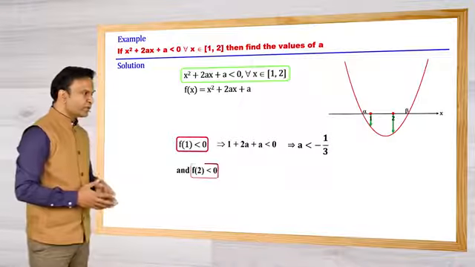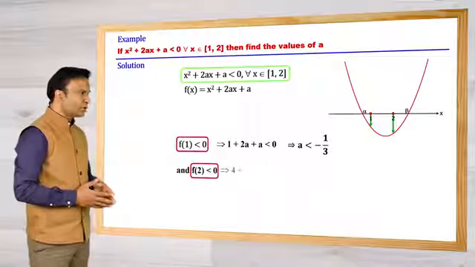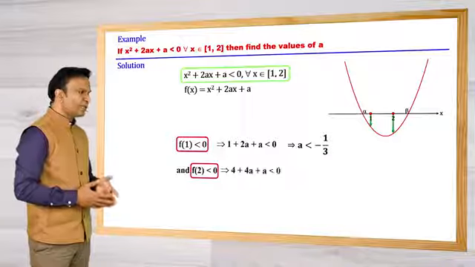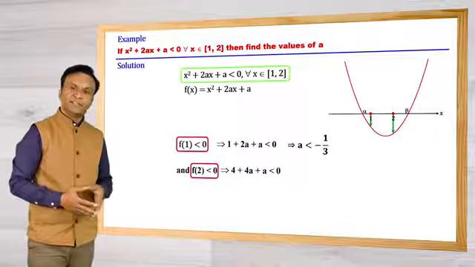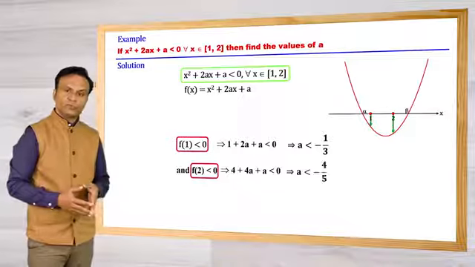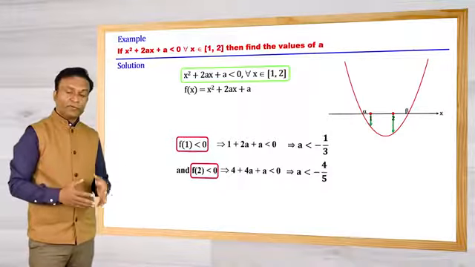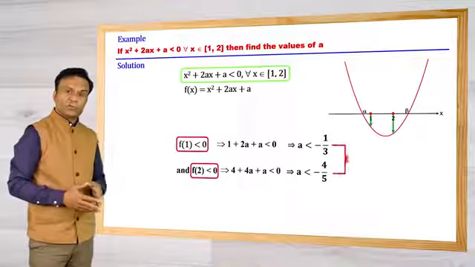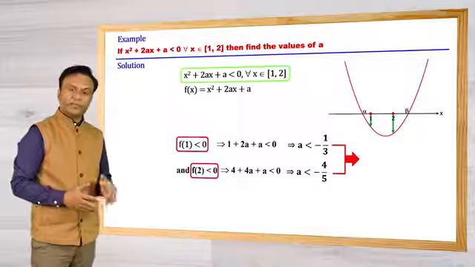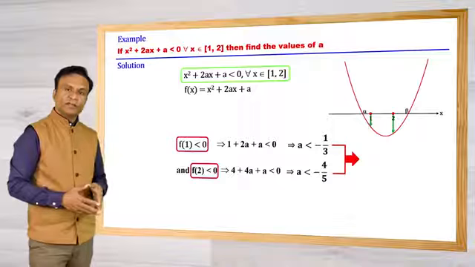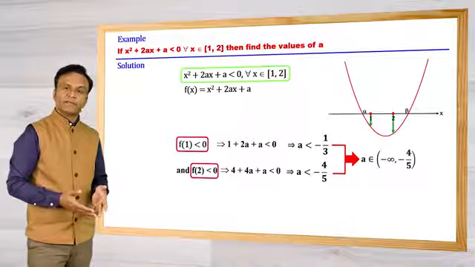And for this we have 4 plus 4a plus a less than 0. That means a is less than minus 4 upon 5. We want both these conditions, so we will take the intersection of these two values, and the common values are a belongs to minus infinity to